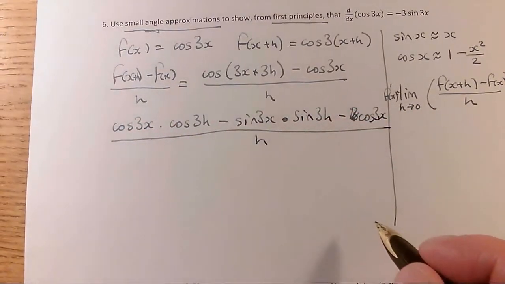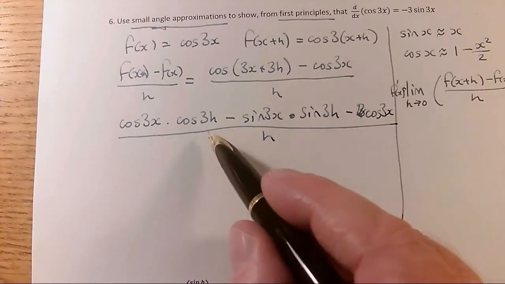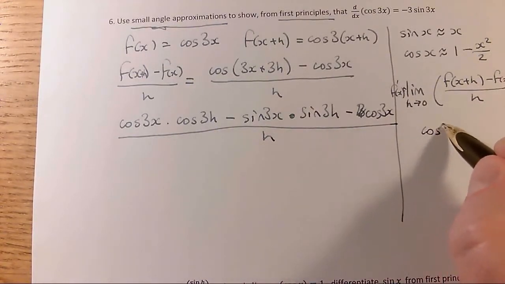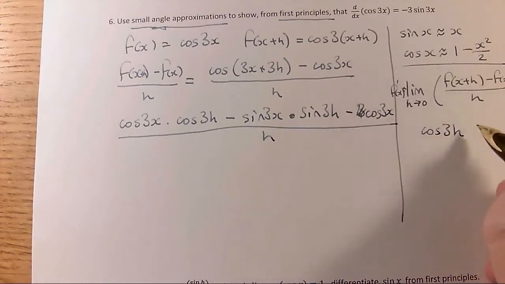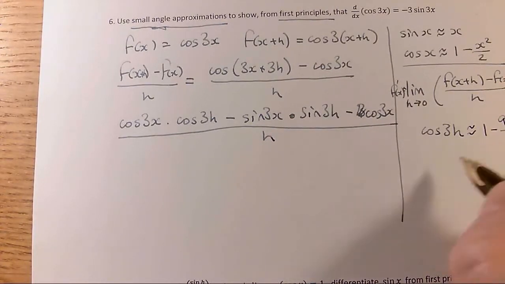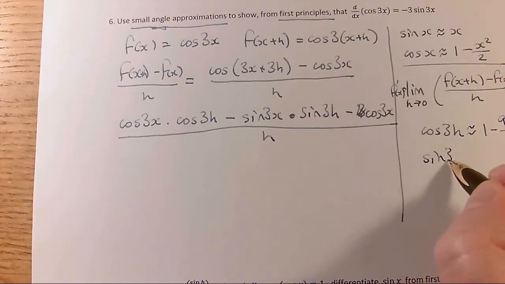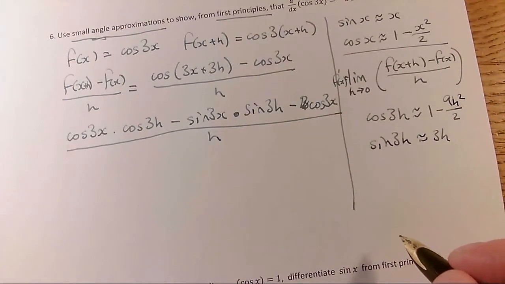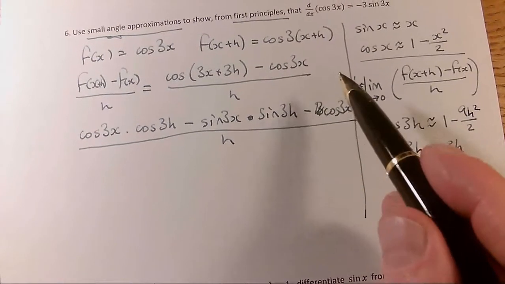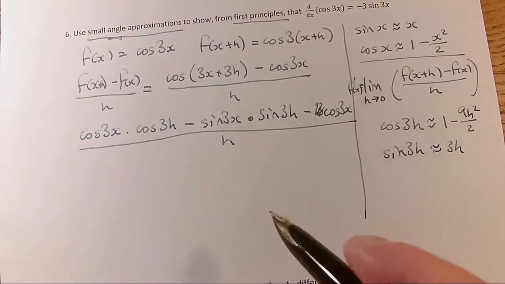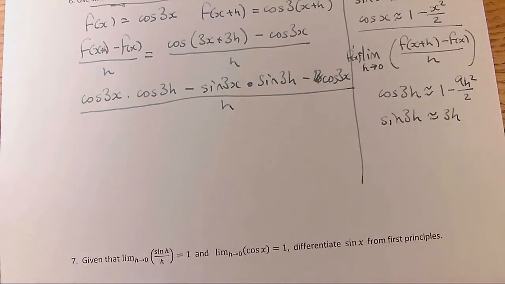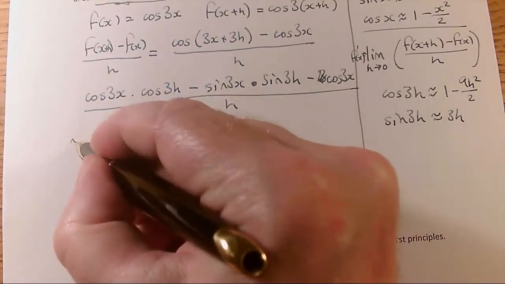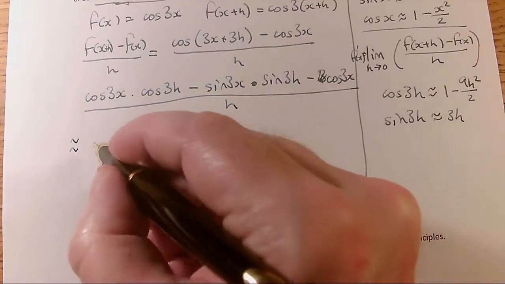Okay, but the small angle here is 3h, so my cos of 3h, this tells me that I can replace that by 1 minus 3h all squared, which is 9h squared over 2, and I can replace my sine of 3h by 3h. These approximations are good for small values of h, and of course I'm going to be doing a limit as h tends to 0 later on, so the closer h is to 0, the better the approximations get. So this is approximately,